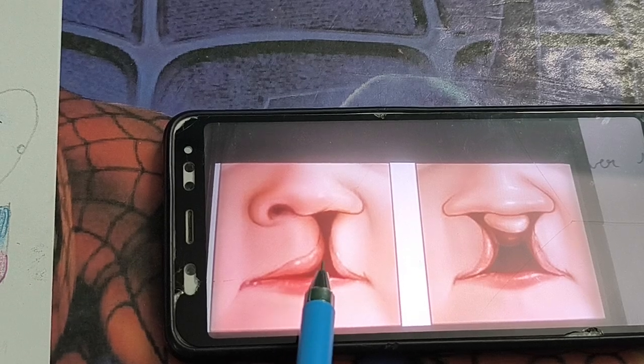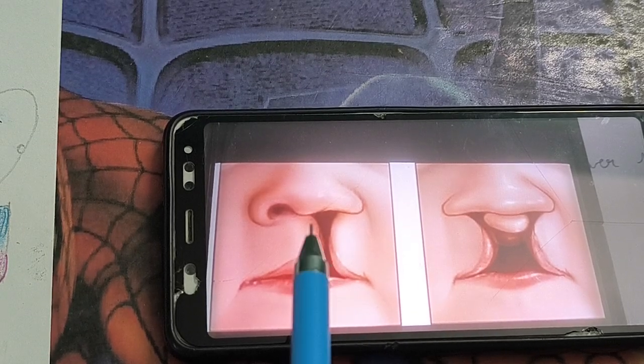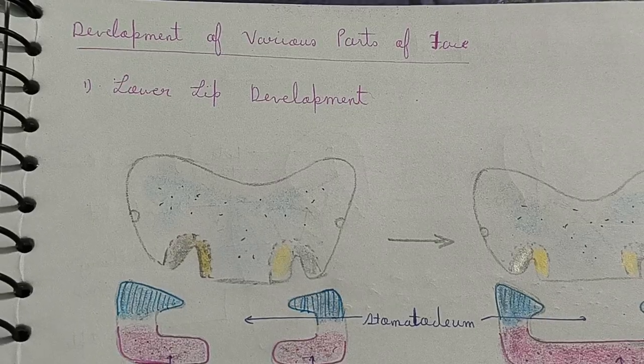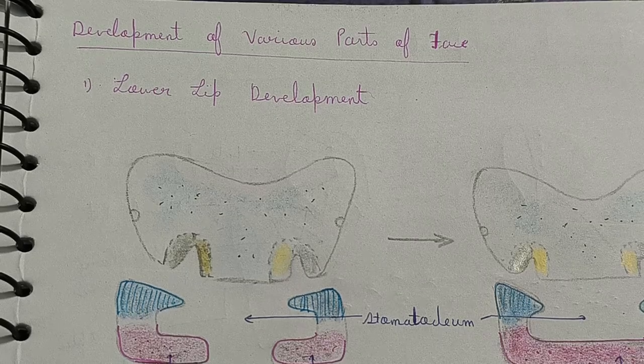In today's video, you will be able to know why this abnormality occurs, and this abnormality is known as cleft lip. So first of all, we are going to discuss the development of various parts of the face. But before discussing this,